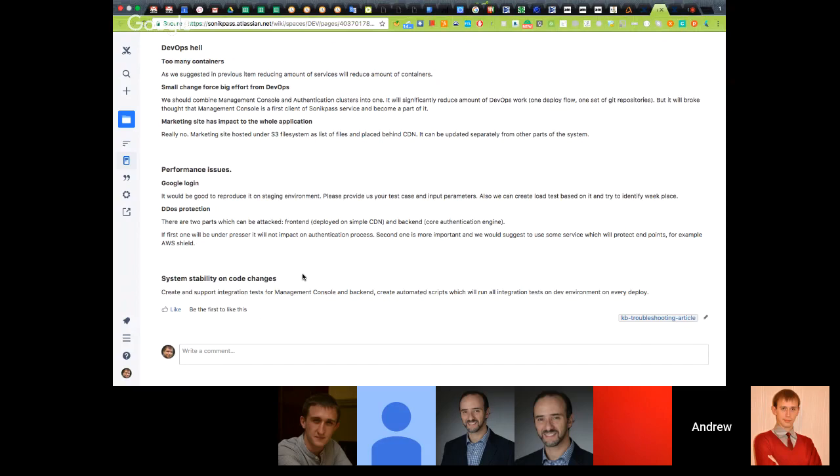Probably not for the whole process. We have some integration tests for the backend, but we do not run them continuously, and we don't have integration tests for the management console. I think we should create integration tests for the management console, and it's the right time to do this. And create, review and probably improve the backend integration tests and run them on every